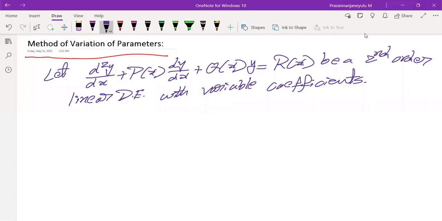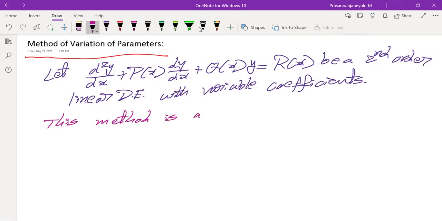So what is it? Let d square by dx square plus p of x into dy by dx plus q of x into y is equals to r of x be a second order linear differential equation with the variable coefficients. But this method is not applicable for variable coefficients. It is applicable only for second order linear differential equation with constant coefficients. Okay, so I'm writing that step, important point. This method is applicable